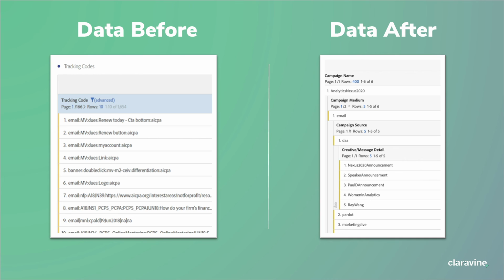And I always like to show a real example, from an analytics report, of what the tracking codes and the data look like when you have a bunch of teams doing what they think is the best practice, or what they believe is their standard for providing a standardized naming convention. In this case, you may have consistency to some degree, but then there's situations where a tag is trafficked incorrectly, there's a copy and paste error, and you see various pieces of information that can show up in the tracking code.